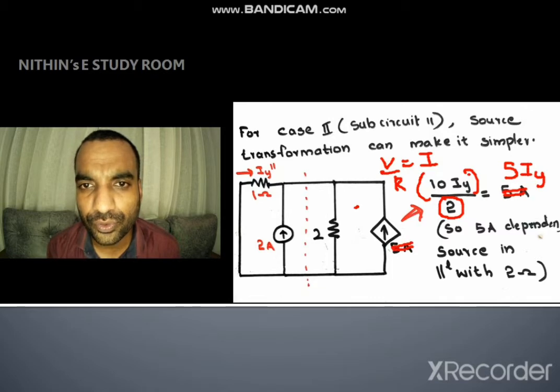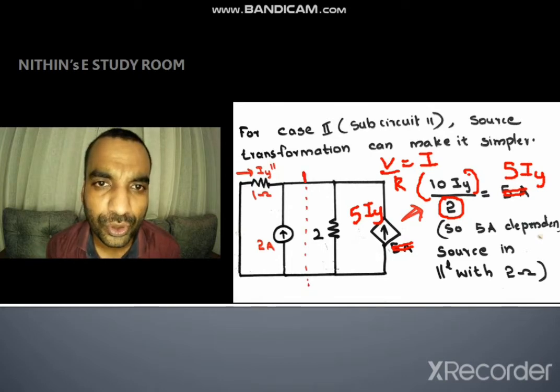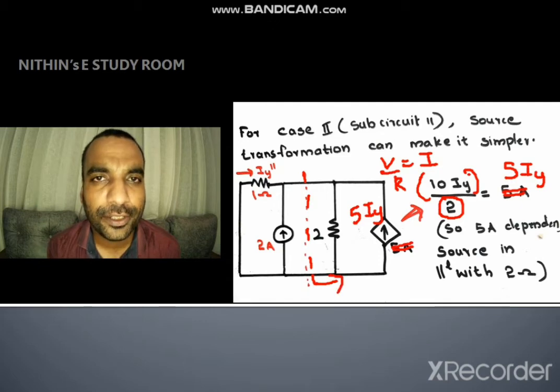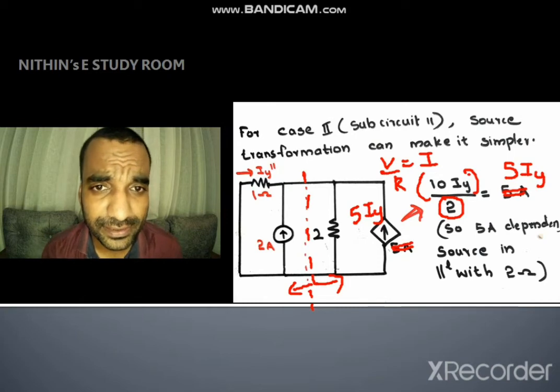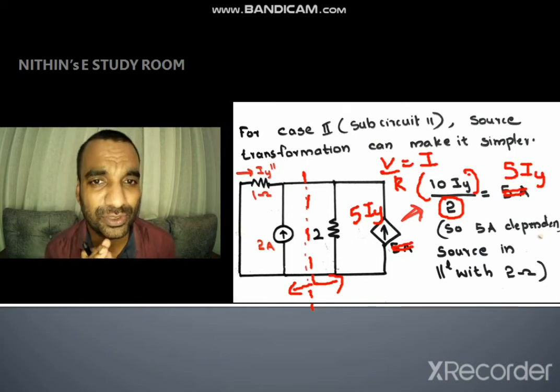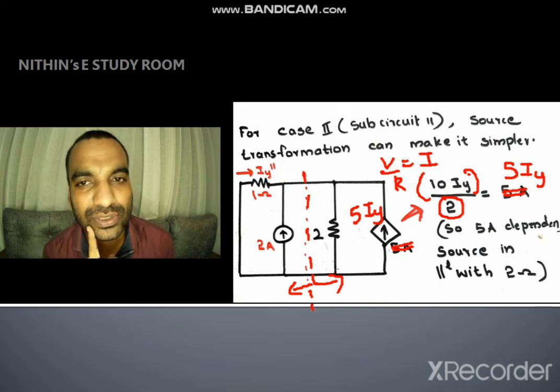Here also you have to correct, that was a mistake from my side, 5 IY and 2 ampere. So you can see a dotted line. What is the dotted line? On the right side of the dotted line you have applied the transformation. The left side of the dotted line is the already existing circuit. It was there before. Now you got two current sources, one is 5 IY and one is 2 ampere. And these two current sources are connected in parallel.